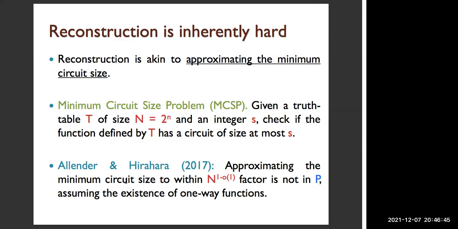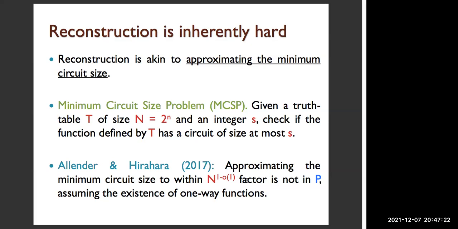What this result by Allender and Hirahara says about Boolean complexity is that approximating the minimum circuit size of a Boolean function to within a factor very close to N, the size of the truth table, that is N to the 1 minus o(1) factor, is not in P, assuming the existence of one-way functions. But a factor N approximation is easy, because N is the size of the truth table. You just output the whole truth table, the DNF corresponding to it, and you're done. But anything slightly non-trivial